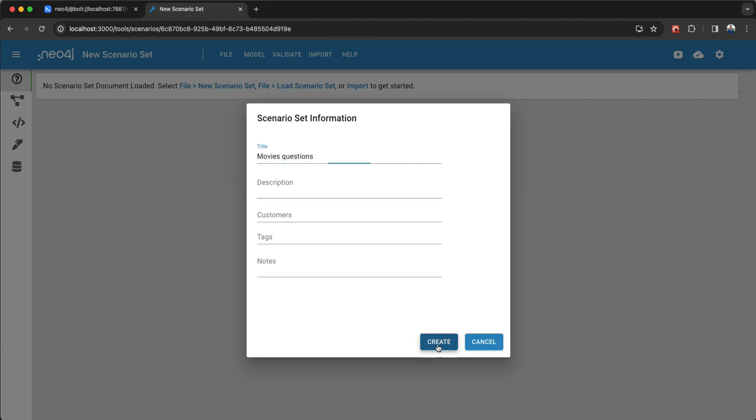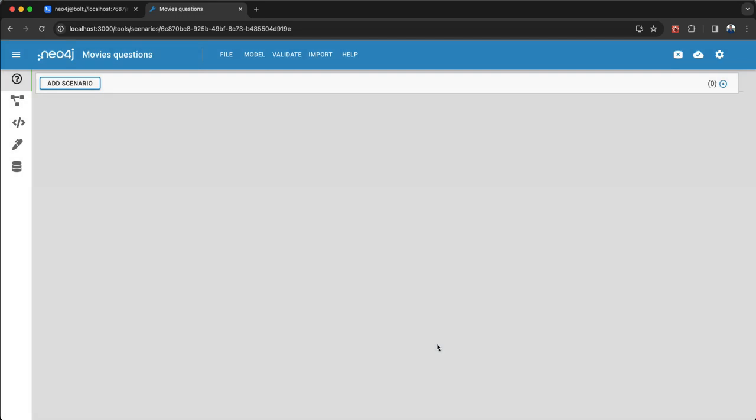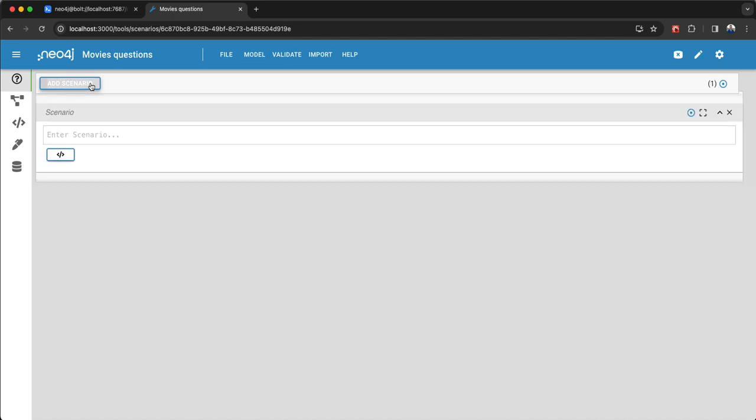So scenarios is a place where you can record the graph problem that you're trying to solve, or maybe a set of problems you're trying to solve. We call them scenarios because it's not always a question. It might be something more complex. But in this case, we're going to look at some questions. So first question is, I want to know